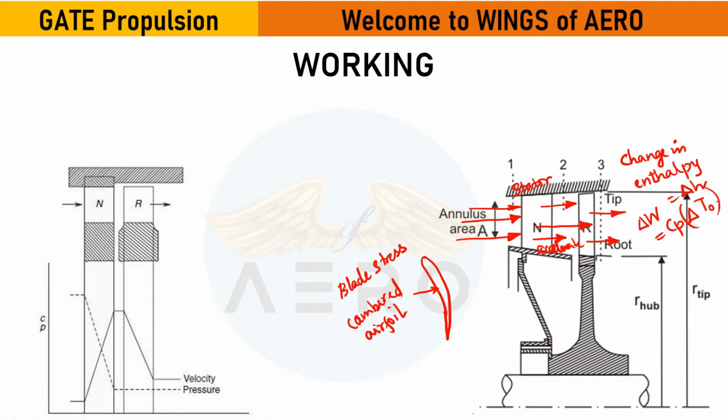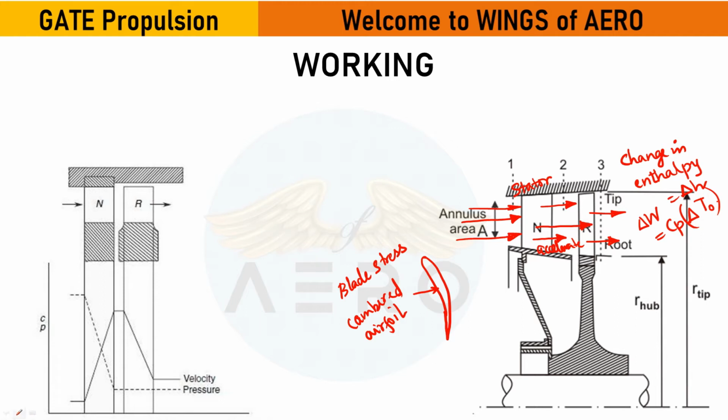So turbine blades are mostly high cambered airfoils, so we have to design them very carefully so we can decrease the impact on the blade stress. That plays a very important role. And second, we need to choose very carefully the materials, the high temperature materials that will be suitable for the blade design. More about this blade analysis we will see in the upcoming part also.